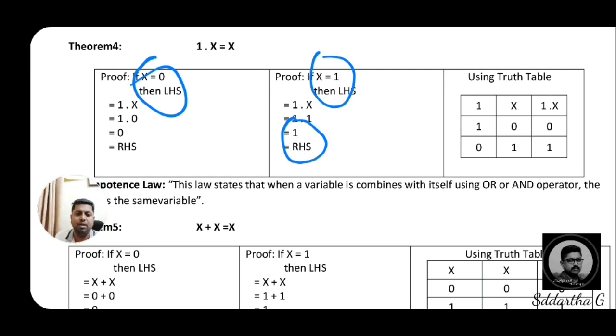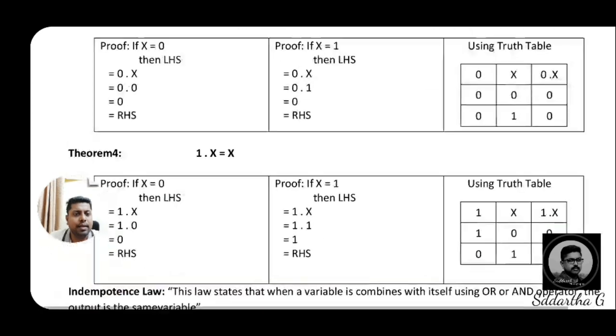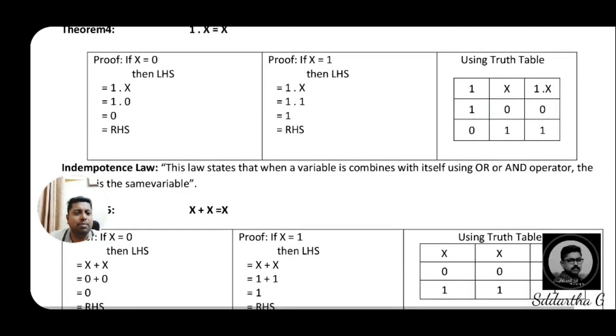Here two different possible results we get. When you consider x as 0, the result is 0. When you consider x as 1, the result is 1. Let us check by the truth table method. In this particular truth table, 1 and x are the possible inputs and 1 into x will be the expression. If x is equal to 0, then the result is also 0, and for x is equal to 1, the result is 1, because in binary multiplication 1 into 1 is equal to 1, 0 into 1